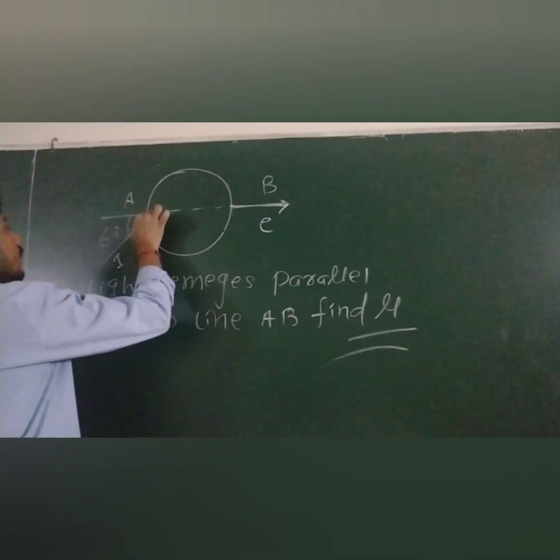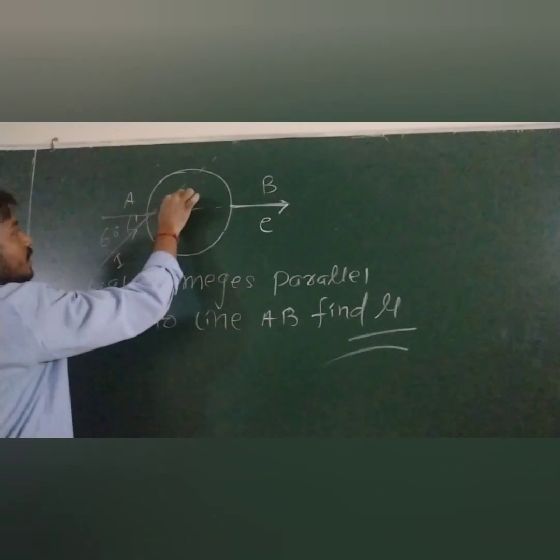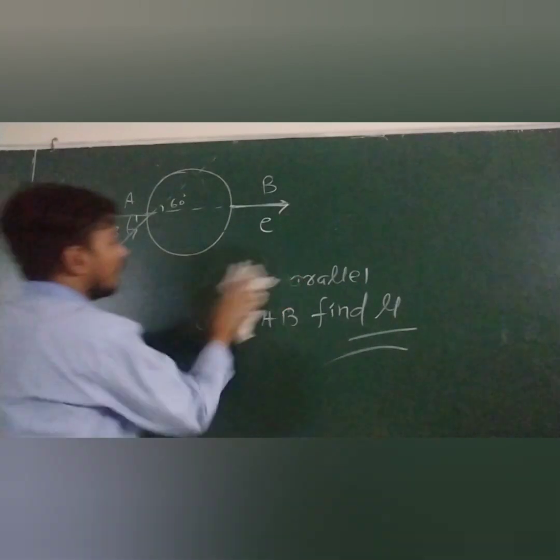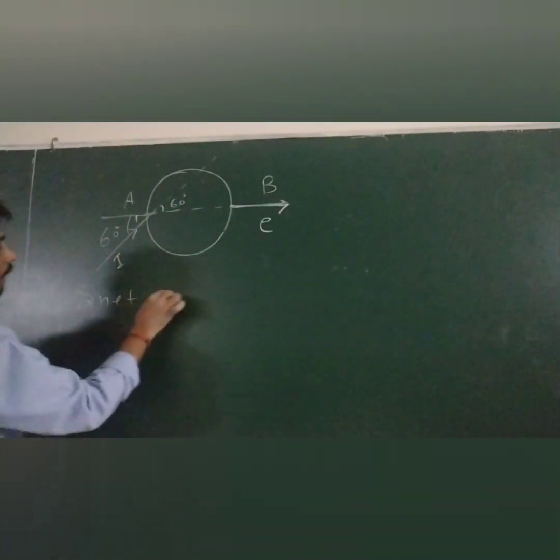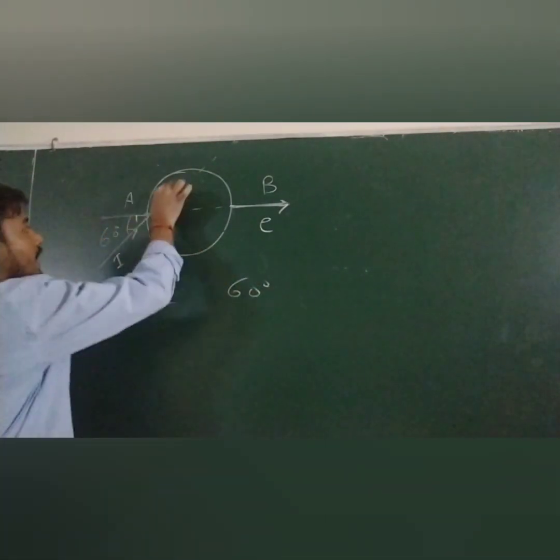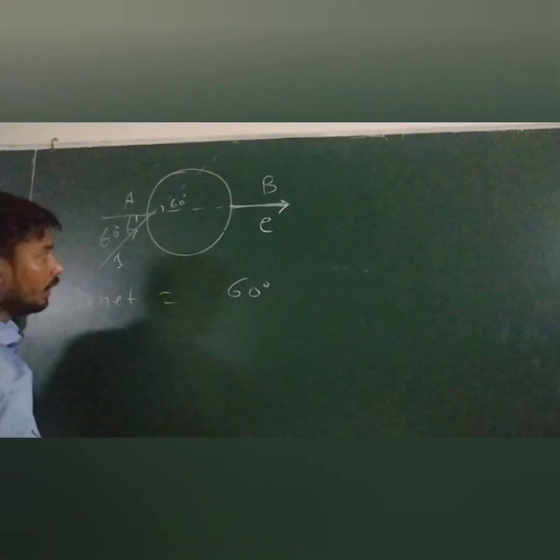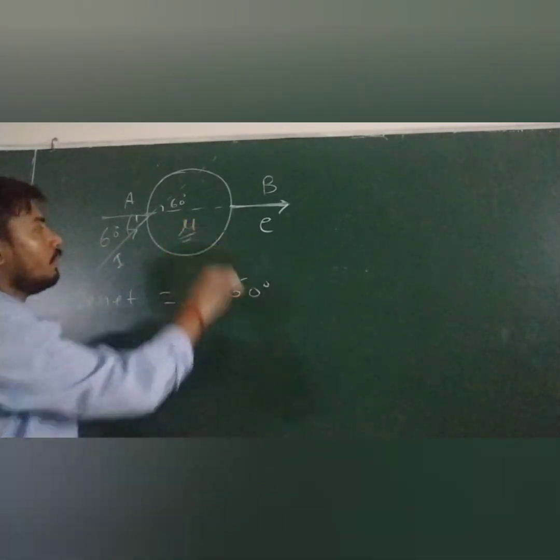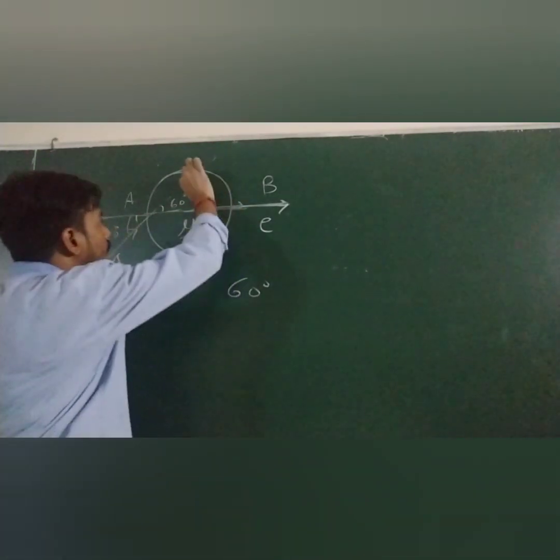Tell me, this ray is going like this in this direction? Yeah. So this is 60, so this is what? Also 60. So what is the total deviation? So your total deviation, delta net, becomes 60 degree, because light has a tendency to go in this direction, right? But due to the presence of this sphere and the refractive denser material, it bends like this. So this is the deviation. So delta becomes 60 degree.